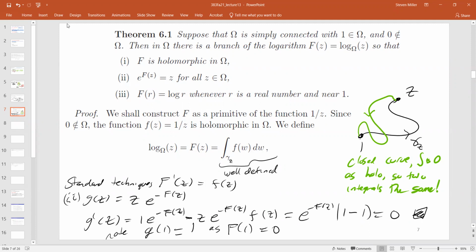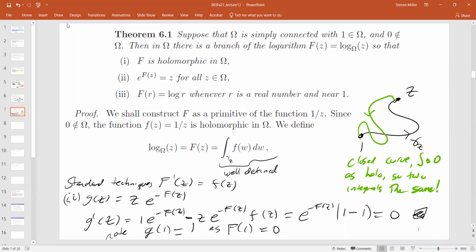Because if we're integrating from 1 to 1, what is the integral from 1 to 1 of any nice function? Even if the function isn't nice, unless the function is blowing up, you're just integrating over a point, so you're going to get 0. So clearly big F of 1 has to be 0. So big F of 1 just means e to the f of 0 equals 1. Okay, good. So now we know the normalization constant.